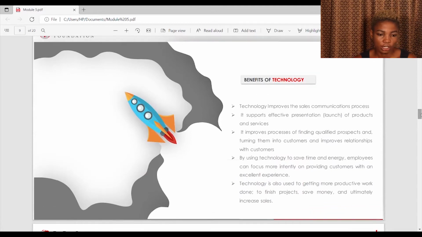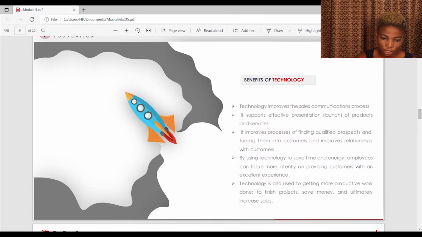Benefit of technology. Technology improves the sales communication process. It helps improve a lot. Of course, you can literally buy on the internet right now. Even if you go to the shop, you can decide to pay with your card. That's part of technology. You can even decide to make transfers instead of carrying cash around. It's one of the